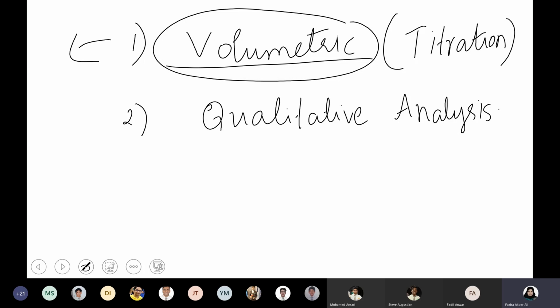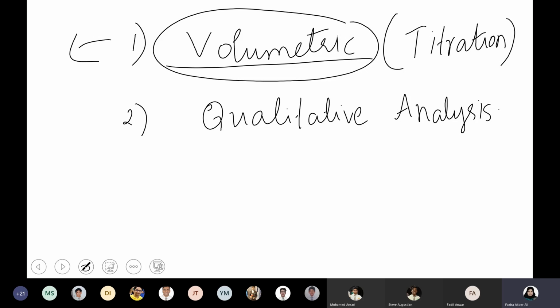So in the exam also it will be like that. You will be given a sodium hydroxide solution, and at the end you have to find the concentration, whether it's 1 molar or 2 molar, or you will be given a Mohr's salt, or any solution can be given, and you have to find out the concentration. That is quantitative. Then what is qualitative?